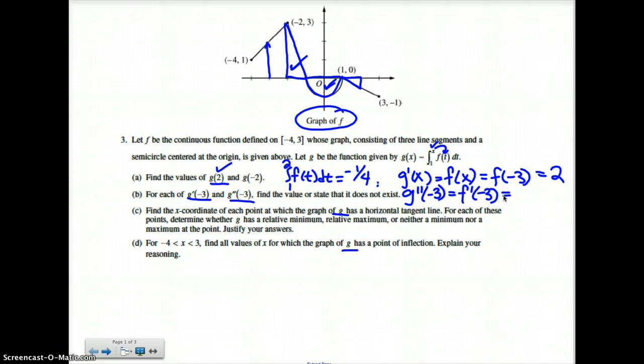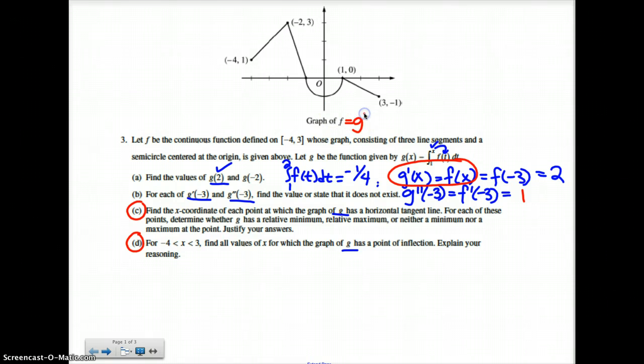So I'm really being asked to find the slope of the tangent line when x is negative 3. So what I'm being asked to find is the slope of this line. When you use your slope formula on that, you end up getting a 1. Next, there are always questions about tangents and maxes and mins and inflection points that go with these. The key to remember is what you have a graph of. So I'm going to go back up here and remember this is the graph of f, which is really right here,